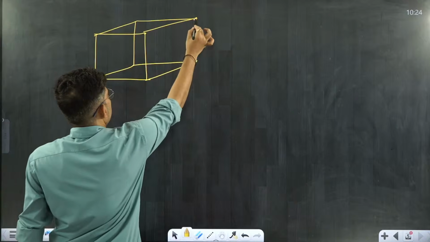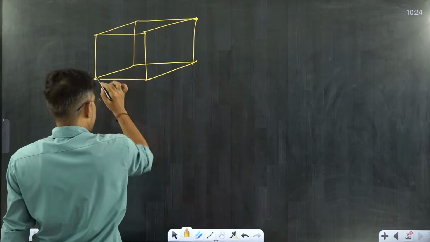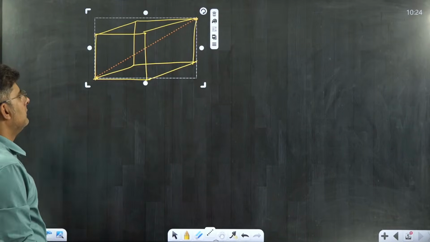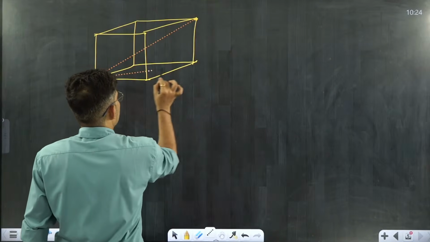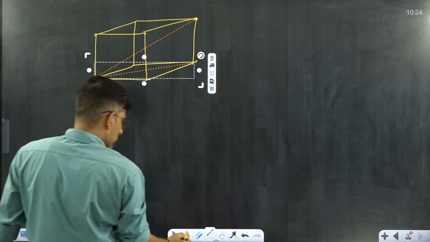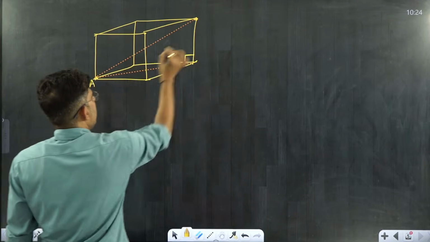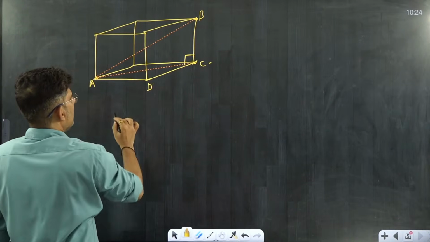Now this part we are taking as the body diagonal, and this on the floor, this I am writing. Now you can see Pythagoras theorem. If I say A, B, C, this is D. Now you can see